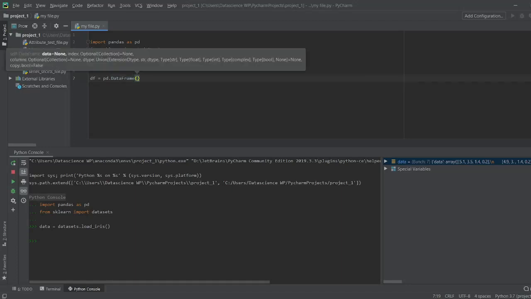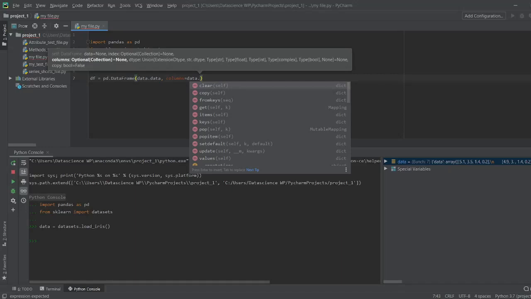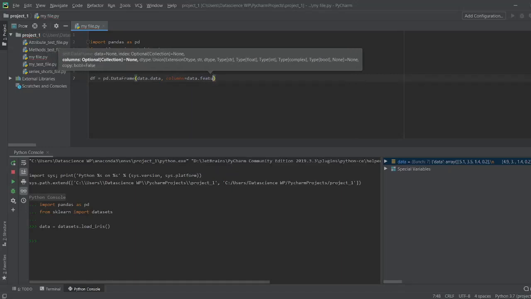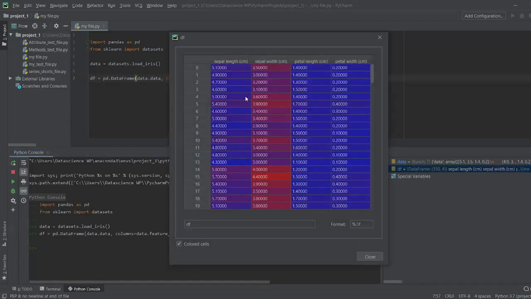Inside this, we will pass in the data itself, data.data. And for the columns, we have the features. Inside this, we can say data dot feature names. Let's run this. Now, if we take a look at the data frame that got generated, we have the column headers and the corresponding data.